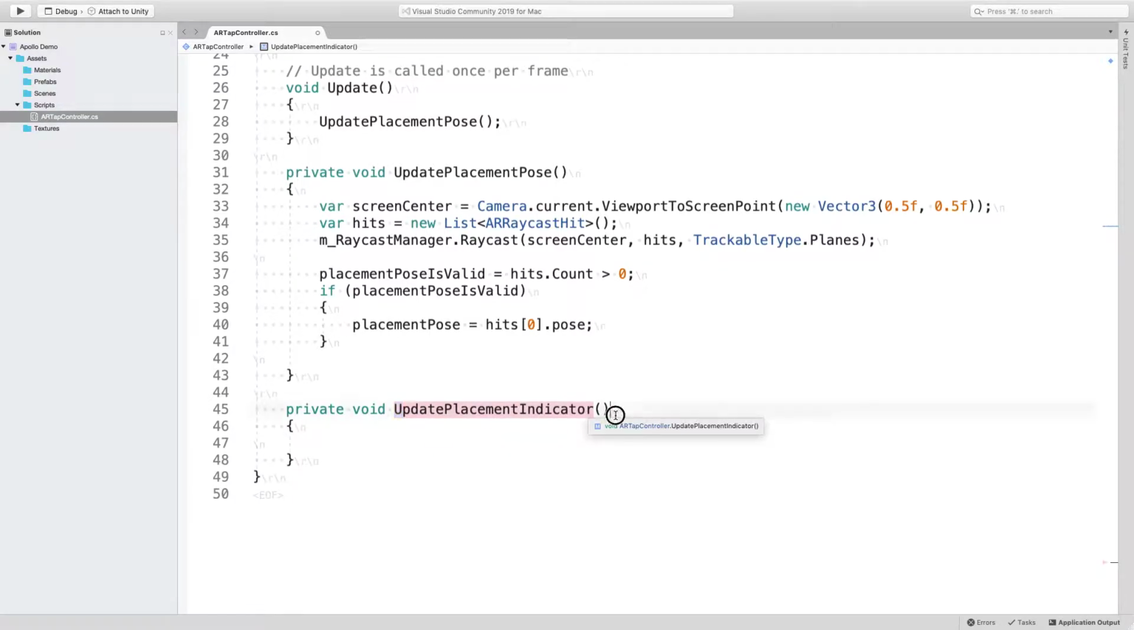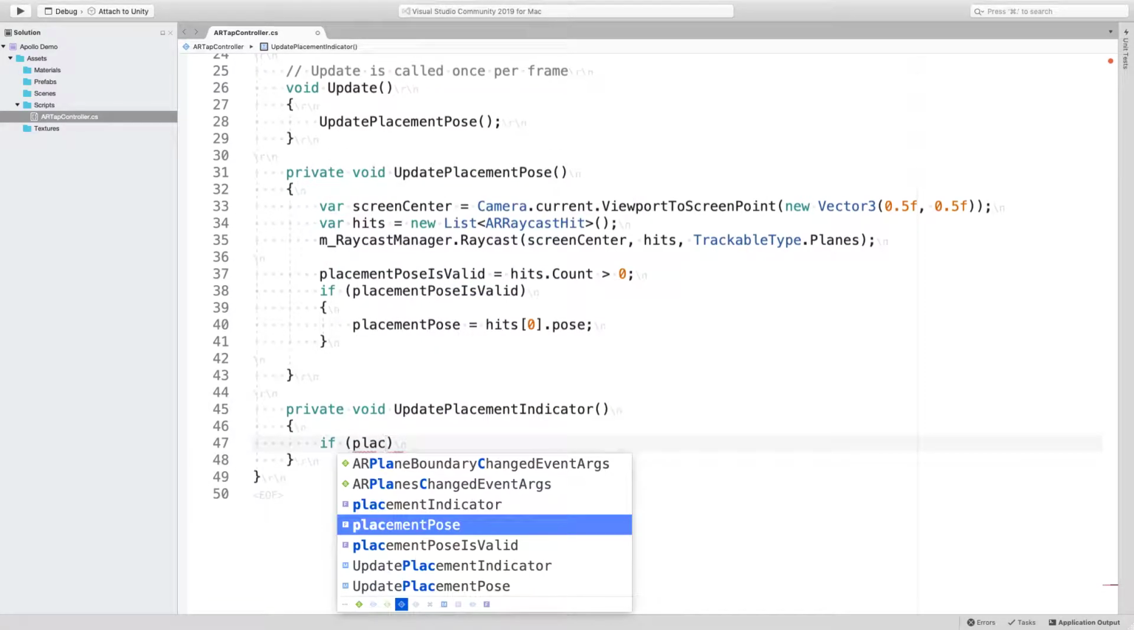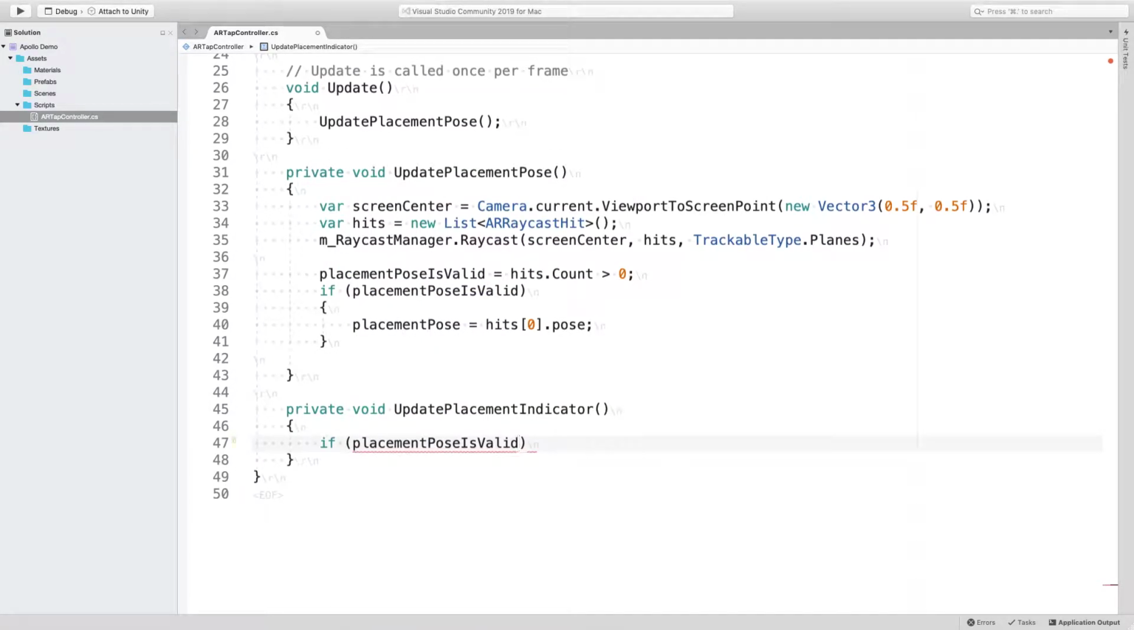Also, functions almost always have this open close bracket after it, or maybe there's some data inside of those brackets if you need to send it data to make it work. Okay, so we got our update placement indicator, and basically we are going to have some conditional here that we're going to look at whether the placement pose is valid. If open parenthesis placement pose is valid,